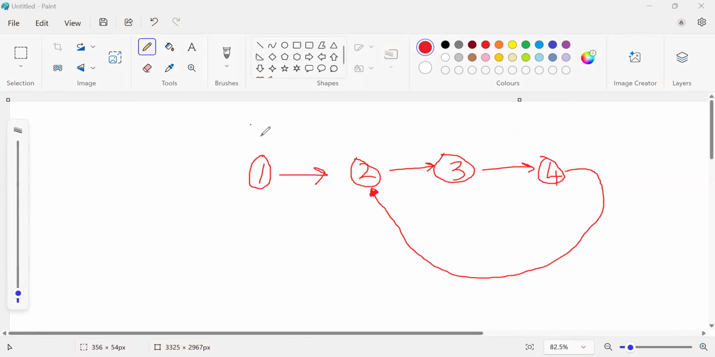So here comes our approach, the tortoise and hare approach. Two pointers, slow and fast. What we know about slow and fast is that slow will be moving 1 step, fast will be moving 2 steps. So whenever they are in a cycle,